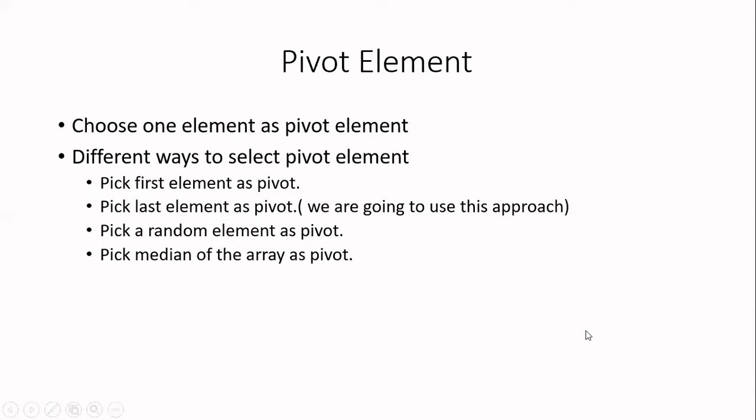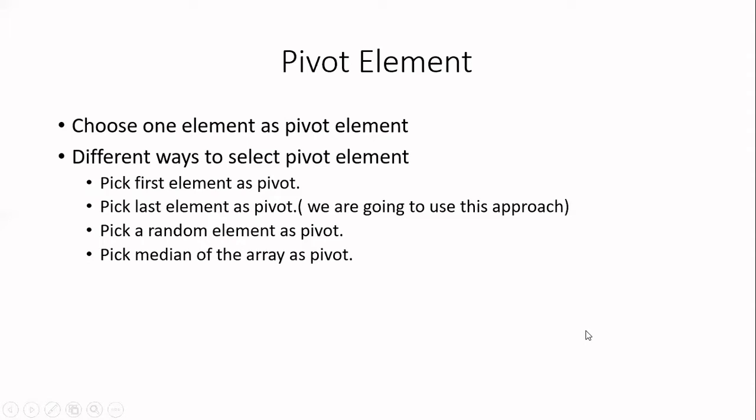Okay. Before tracing, let us see this in a diagrammatic way. So now this is the array under consideration. I have to pick one element as a pivot element. So now which element is selected as pivot element is, in our case, the last element of the array is selected as pivot element. So I have marked that in the red color. Okay. So now the next step, what is the next step?